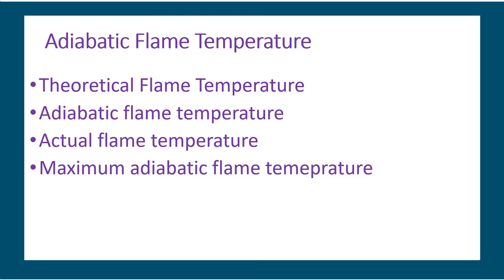Because of the final product that is coming out, the excess oxygen or nitrogen present in the mixture will eat some of the heat. It is unnecessarily present because it is not taking part in the reaction, but it needs to get heated, right? So some of the heat is taken away by this excess oxygen. So what do these two factors do to the flame temperature? They will lower the flame temperature.